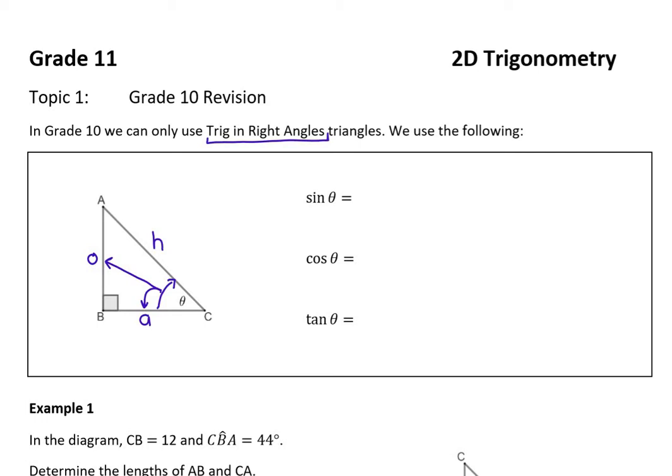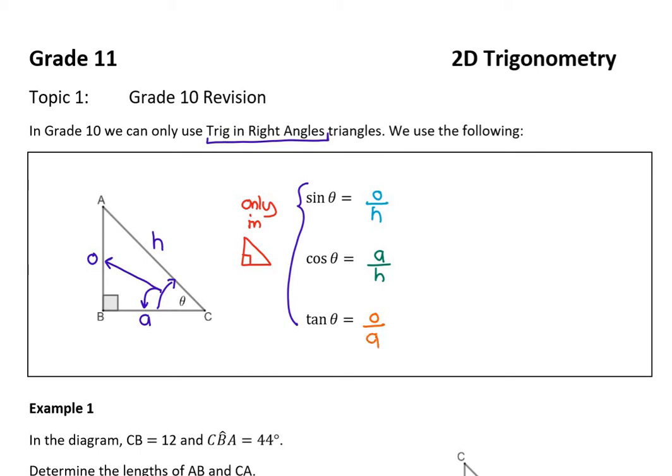Now, very, very importantly, these definitions of sine, cos, and tan are only true in right-angled triangles. So when we push into the next topics, which are all about every type of triangle, we have to remember that the basic definition of sine, cos, and tan is only true when you have a hypotenuse, which is only in right-angled triangles. So what is the definition of sine? Well, we probably remember that sine is opposite over hypotenuse, cos is adjacent over hypotenuse, and tan is opposite over